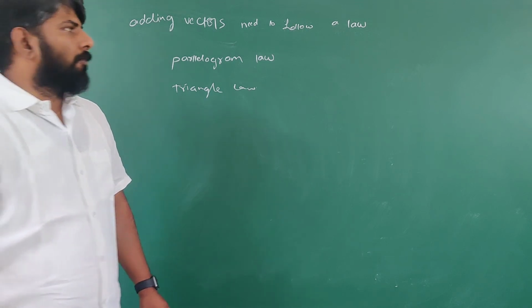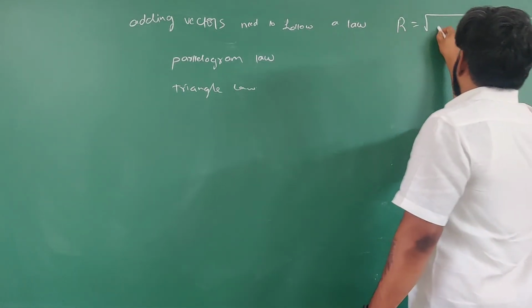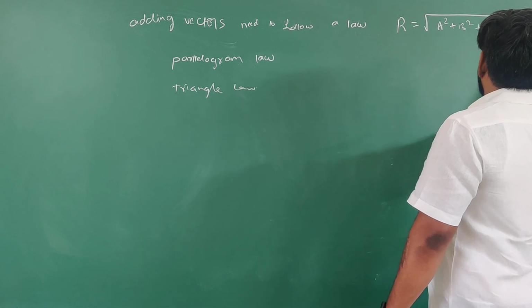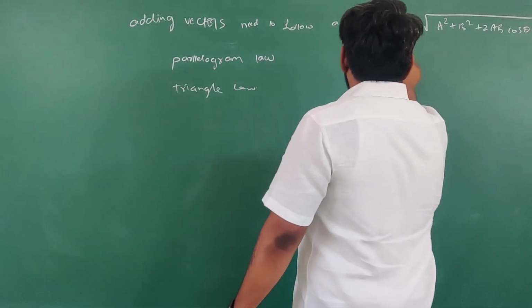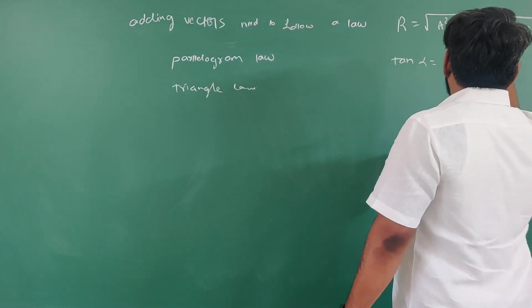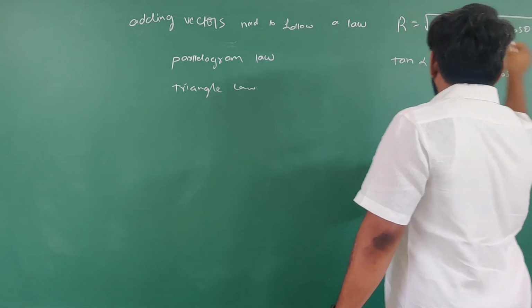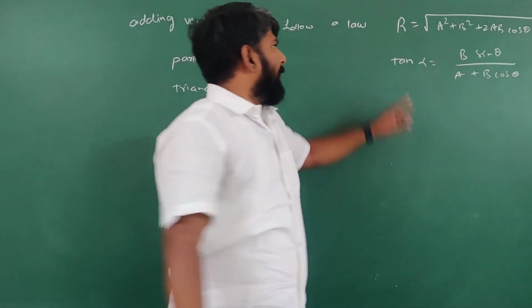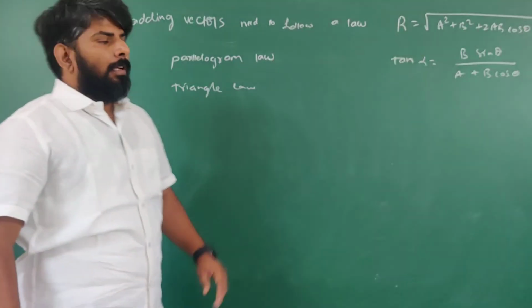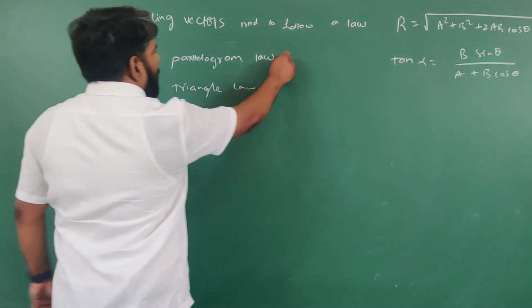Got it? So for finding the magnitude of the resultant vector, the formula is r equal to root of a square plus b square plus 2ab cos theta. And also for finding its direction, tan alpha is equal to b sin theta by a plus b cos theta. That is for finding the magnitude and the direction of the resultant vector. How did we get these equations? Observe here. Depending on